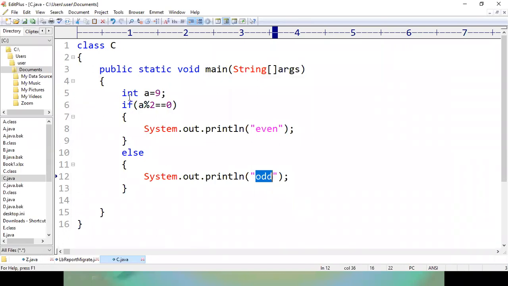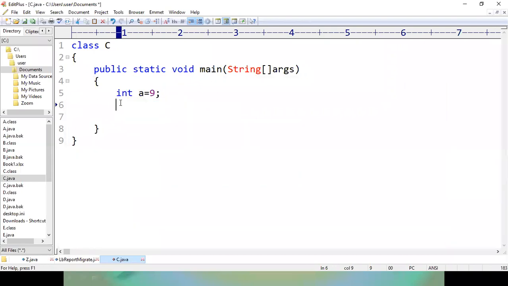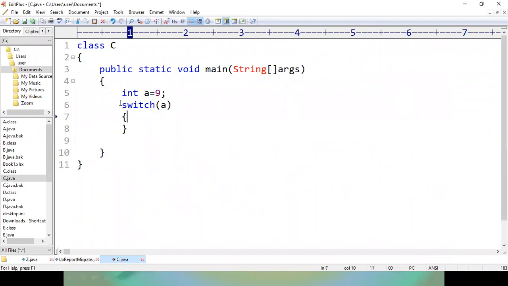So similarly, let us write the switch case, switch of a, right? Switch of a. So what I want to do here is case number 1, right? Case number 1. I want to print system.out.println 1, right?